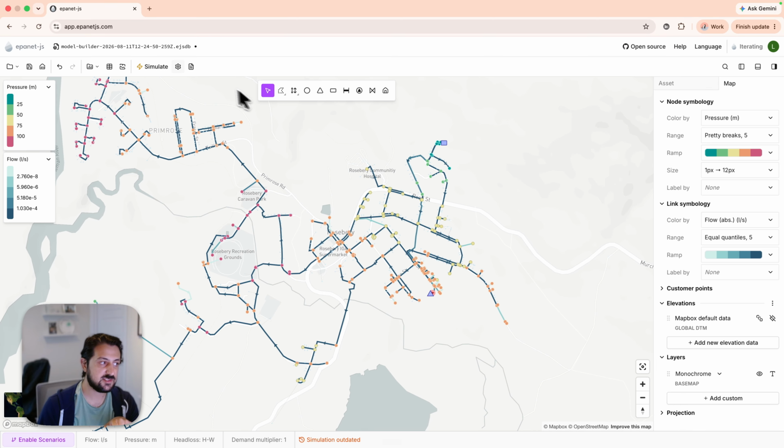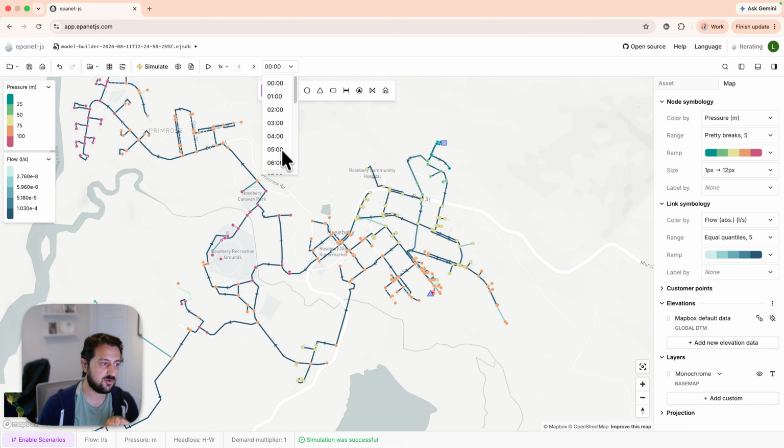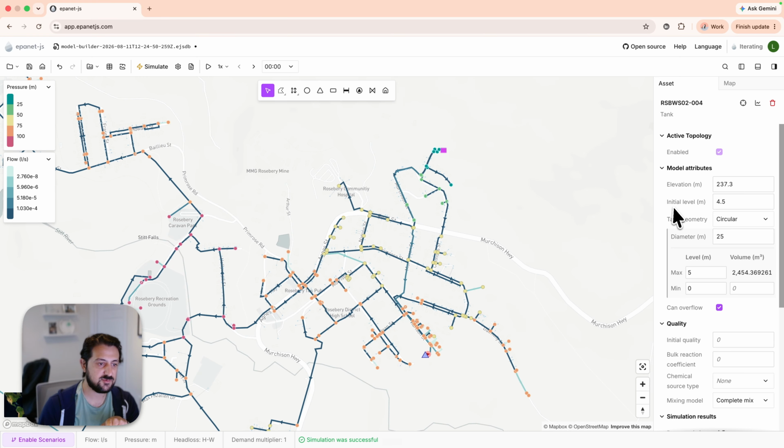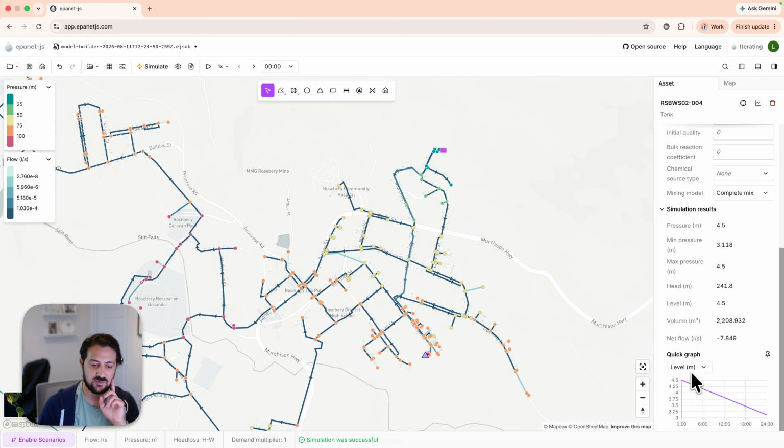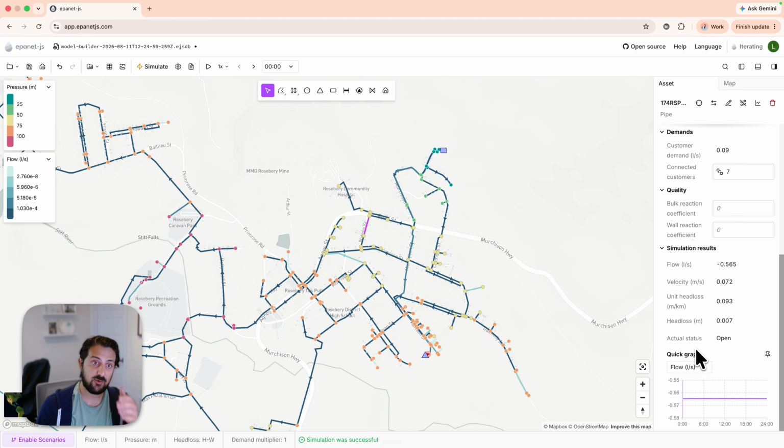And now if we run the simulation, you'll see a couple of things. First is that we'll have an option to view at different times. We'll see that if we come and do an element, we'll see a graph showing a change in value. In this case, it's the tank. We can see the tank level is draining down as the simulation runs. And if we click a pipe or a junction, we'll see similar values. However, there's no variance in the demand. It's the same steady demand the entire period. So that's why we get this flat line here, the same with any pressures.